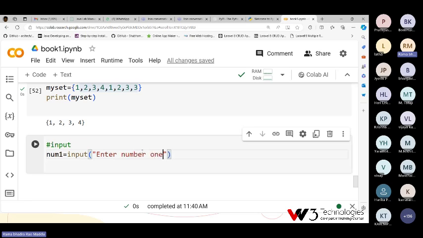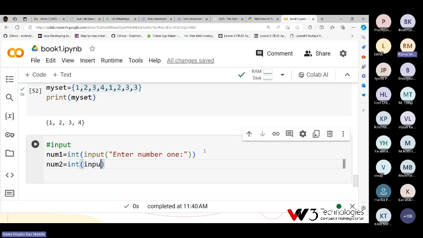It is your comment, the comment will be displayed. After that it will receive the value and store it in num1. But by default it will take a string value. But I want to store num1 as a number, that's why I need to convert it into integer type.